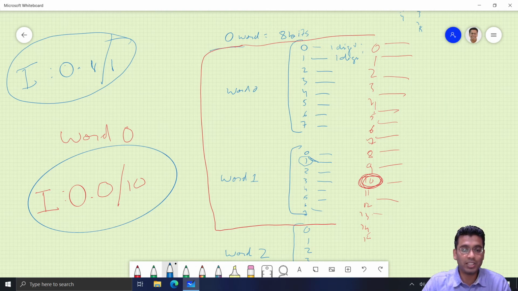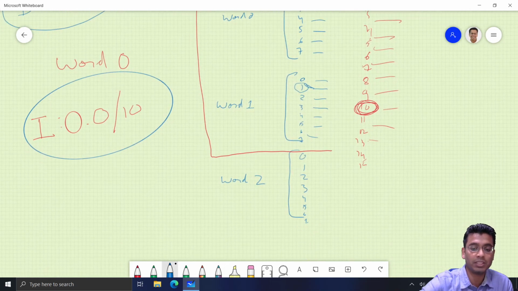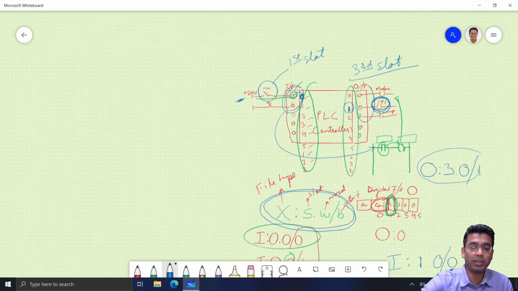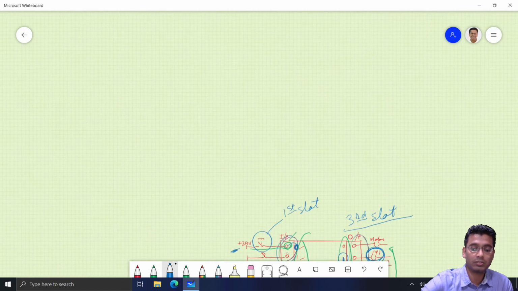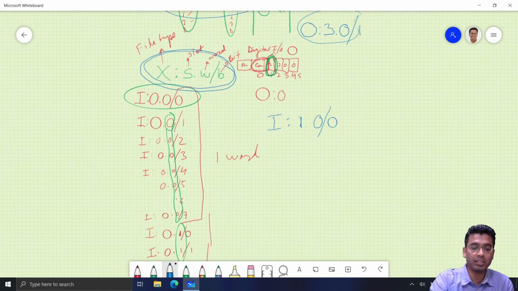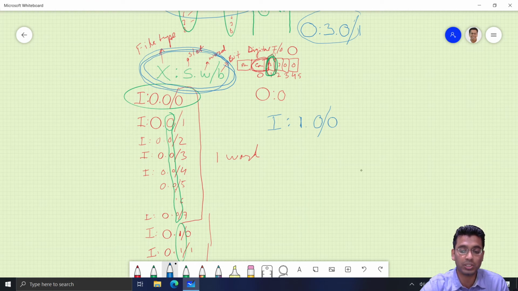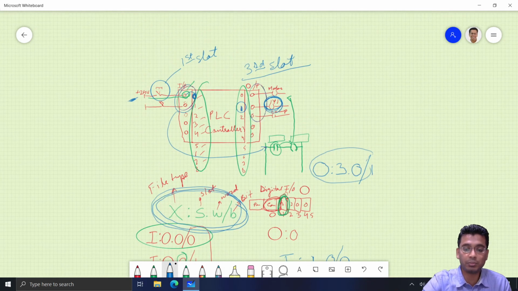I could go all the way to analog, but I am avoiding analog because we will not be doing circuit diagrams for analog. Otherwise, the addressing for analog would be, let me brush this up, because in that you will have a word value. If you just follow this convention here, suppose you have an output module, I will write O. Here I have connected an output, and this is a proportional solenoid.